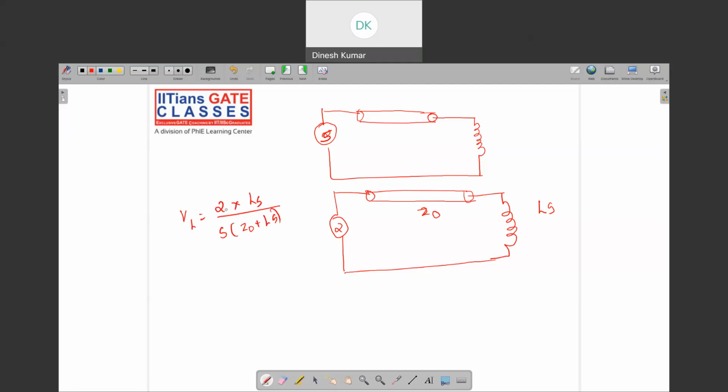The S is there because if I convert this, it will be 2 by S. So that is 2L divided by (Z0 plus Ls). If you take the partial fraction, it will be 2e raised to minus t